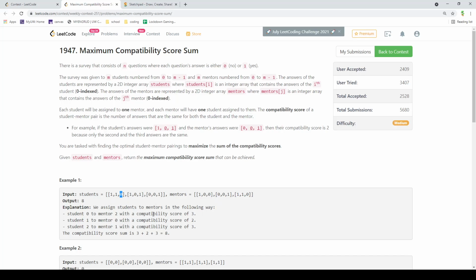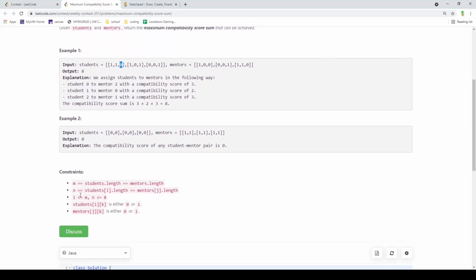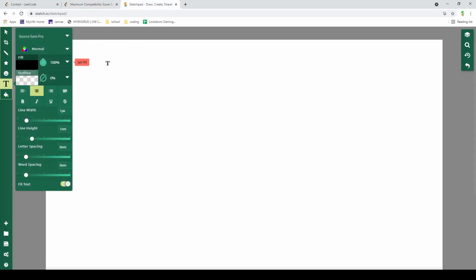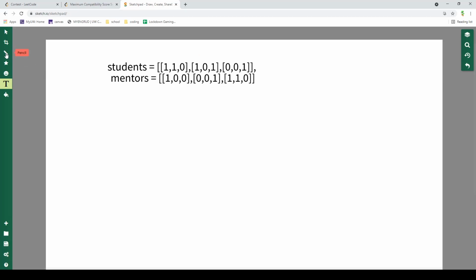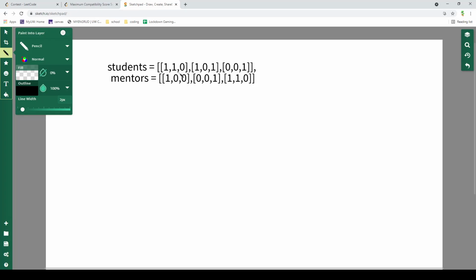And so the key thing here to realize is actually that there can at most be only 8 students and 8 mentors. So we can pretty much just brute force this solution, and we can do that by seeing. It's easier to visualize this if we draw it out. So let me just draw this out here. So what we can do is we can just pre-calculate the score of each student if we pair them with